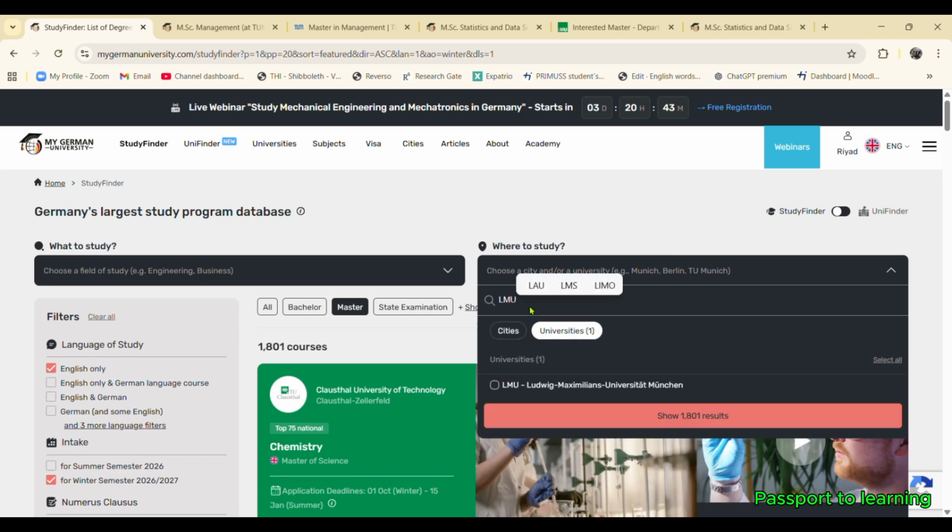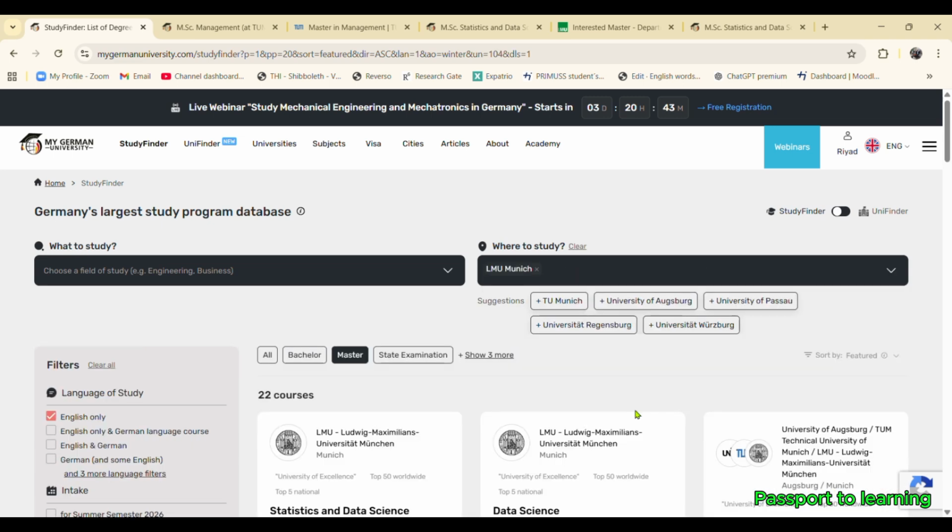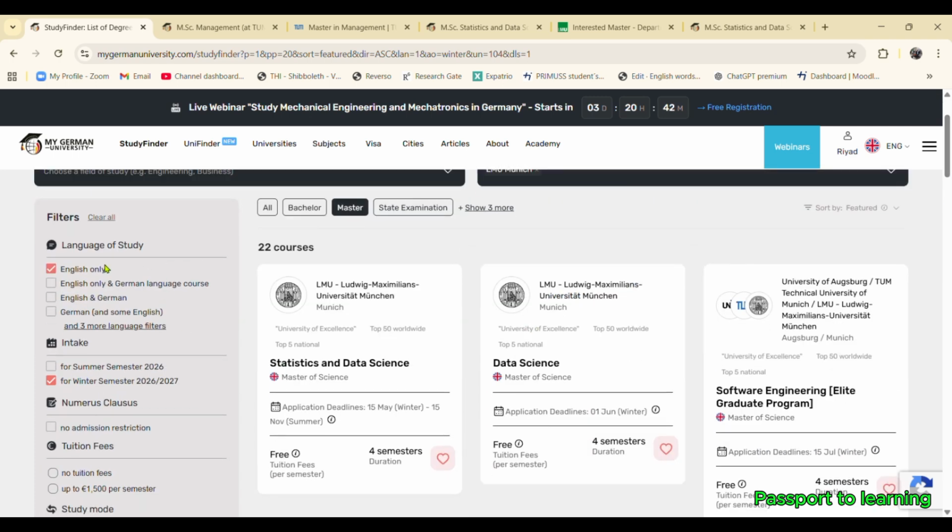LMU. You can see it's already showing Ludwig Maximilian University in Munich. So click here and go through. I already filtered, so this is why only a few courses are showing here. If you don't filter, then all courses will show. It's also a little bit boring for you because you can filter according to your profile or according to your